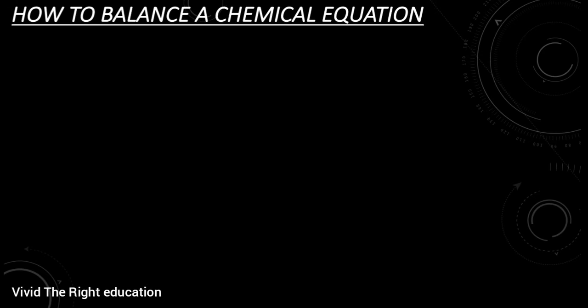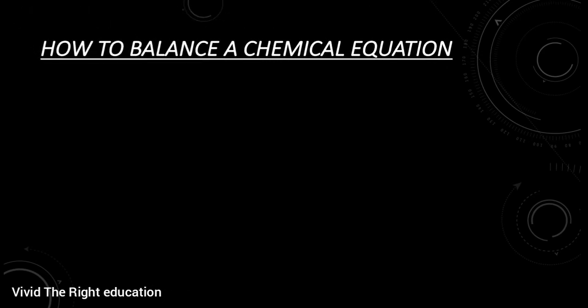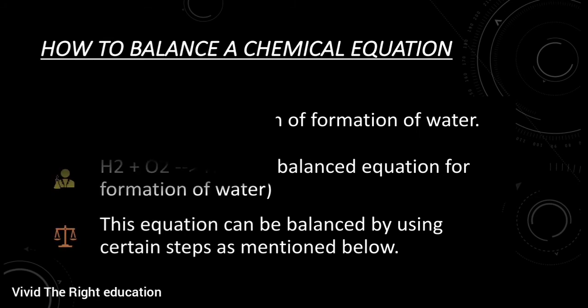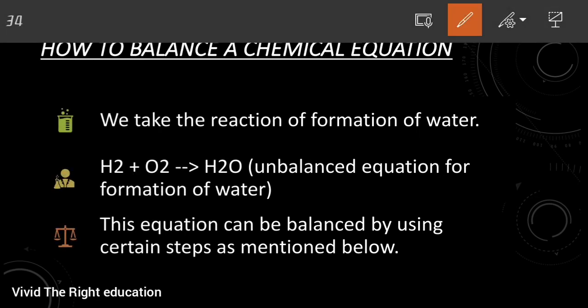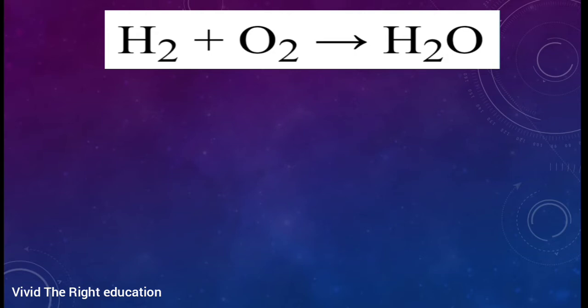So for that, let me start with one of the most beautiful as well as common examples, water. How is water formed? H2, when it is combined with oxygen, forms water. Correct? This is what we know. But just look here, I have mentioned this equation as an unbalanced equation. You know why it is unbalanced? Let's discuss that. For that, I have taken H2 plus O2, which gives H2O. Okay, I repeat, I write it here: H2 plus O2, which forms H2O.